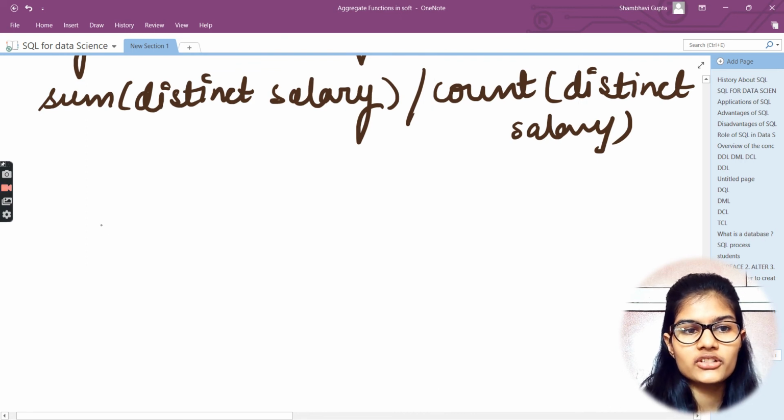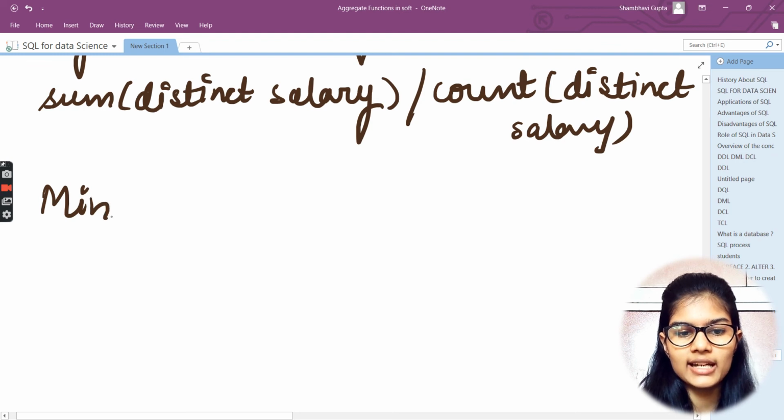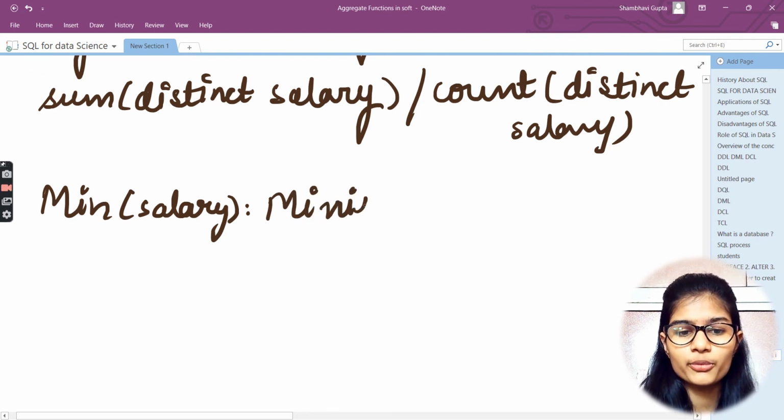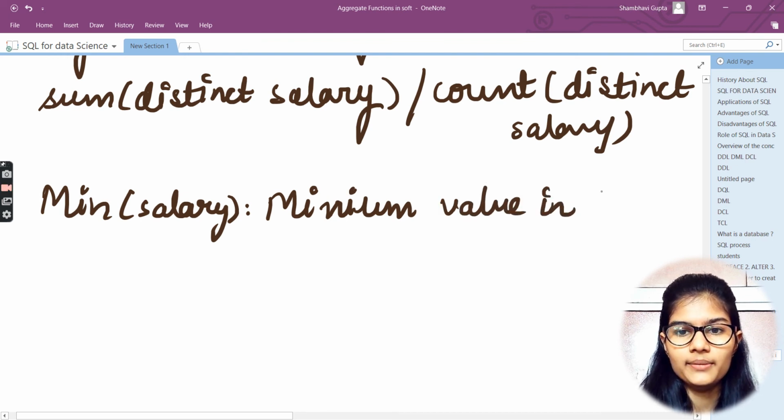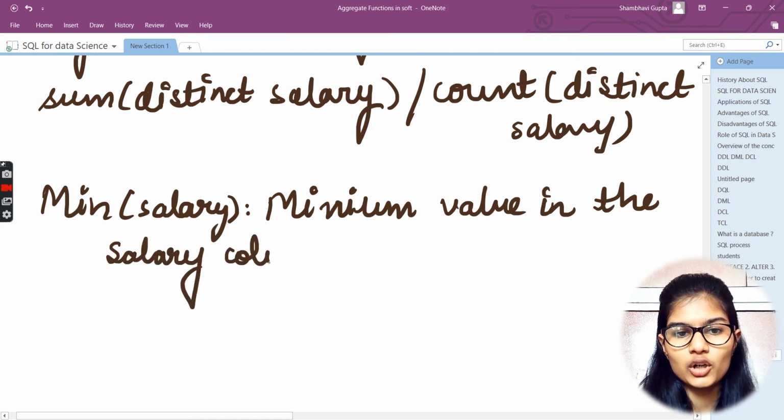Fine. Now next, if I move ahead with the min and max. For the min, I could write min salary, and the output that I'll be getting will be the minimum value in the salary column except null.